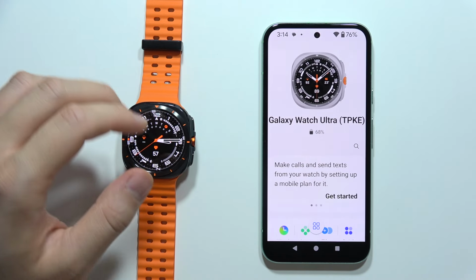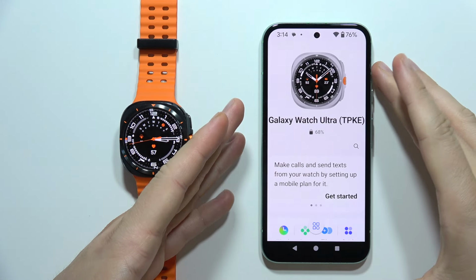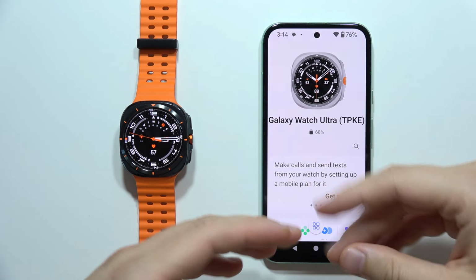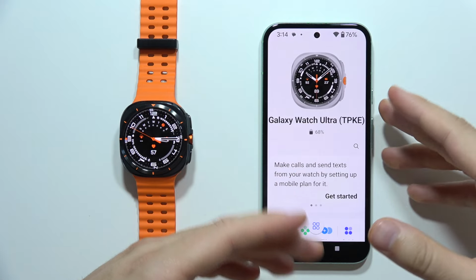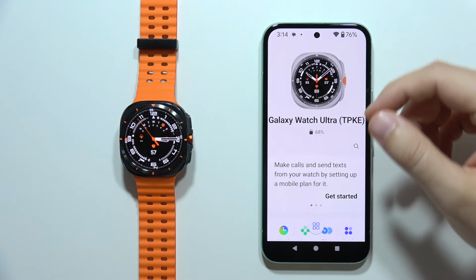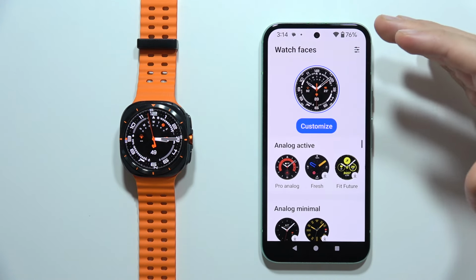Hey, let me show you all the best features of the Samsung Galaxy Watch Ultra. So first of all, I'm gonna start with the phone application because everything is bigger and will be more visible for you. But all of these things that are not available on the app, I will actually then move into the watch. So first of all, definitely I like about this watch that we can change the watch faces, but